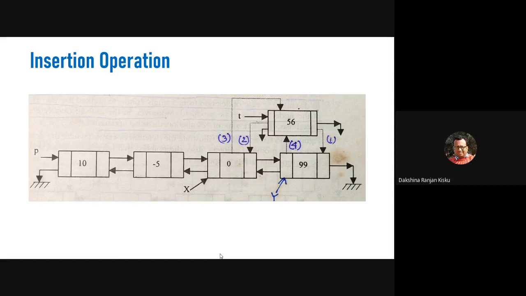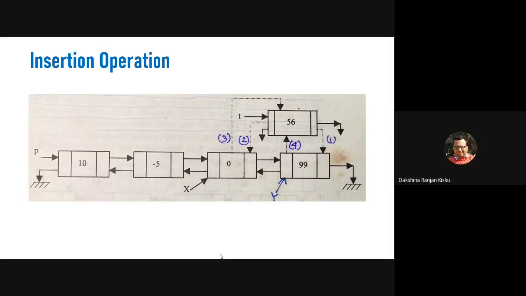No, you just tell me which pointer will be updated first, which pointer will be updated next, and next. So how many pointers we need to update? One, or two, or three link parts? Four pointers, I guess. Okay, four pointers. Then which pointer will be updated first? Because there is an order, there is a sequence, so we maintain the sequence so that we can update the link parts properly.